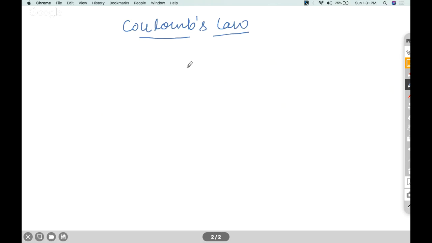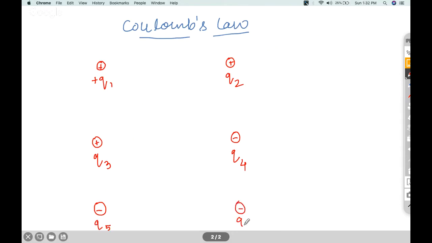So from here, two questions arise. What are those two questions? First, from where does that force originate? From where does that force come into the picture? Like if I have two charges, and this is my positive charge Q1, and this is my positive charge Q2, and there is another case where I have a positive charge Q3 and a negative charge Q4, and I have another case where I have a negative charge Q5 and another negative charge Q6. Now my question is, when the charges are not touching each other, when they are separated by a certain distance, how is the force originating,